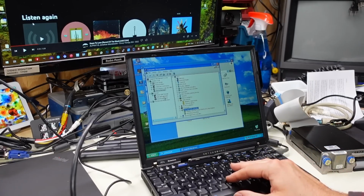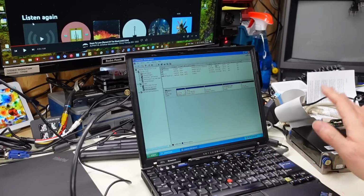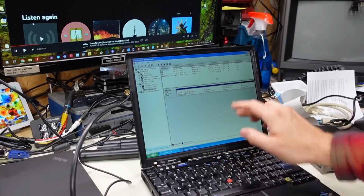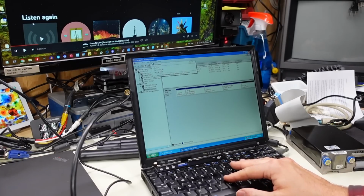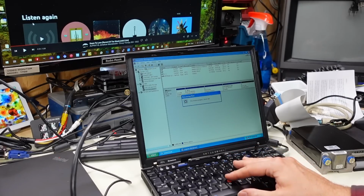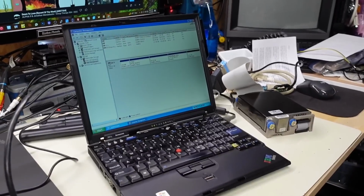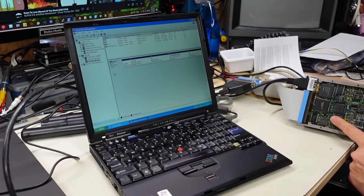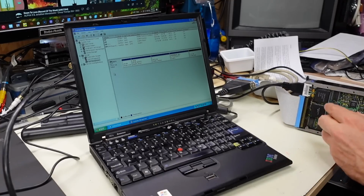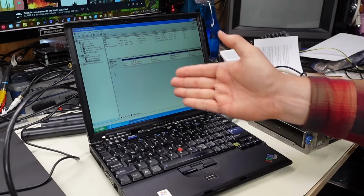Let's go over to disk management. So we'll just take a moment for it to think. We can see the different partitions on the built-in hard drive. Let's see, how do we do this? I haven't used Windows XP in a while. We should be able to rescan disks. Rescanning in progress, so hopefully it finds this. It did not. Looks like this is set for ID 1, which I'm sure is good enough for this Adaptec